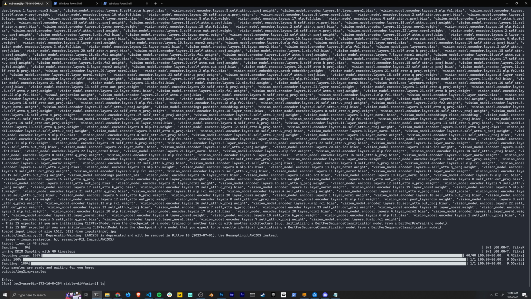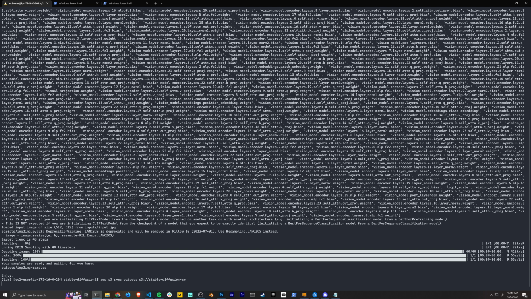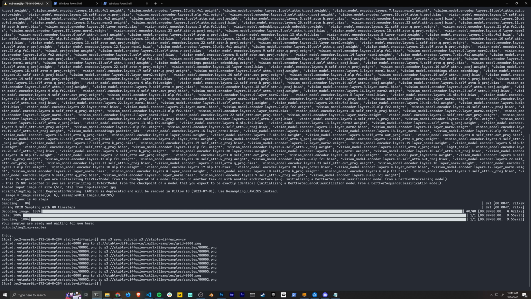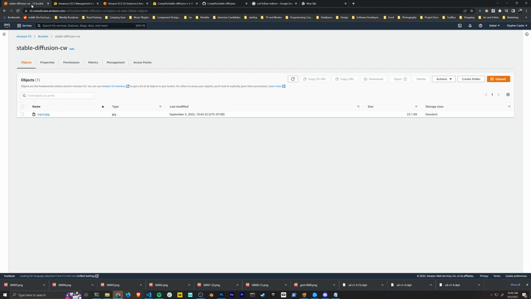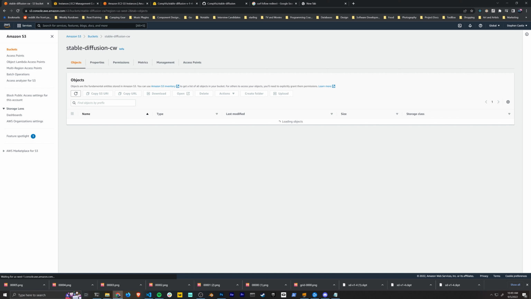Once that's done, we can go find our S3 sync command again to just copy all the contents of the outputs directory back to our S3 bucket. So we'll just run that and that'll get us all of our new files. I'll be back over to S3. And so we can go back into S3 and refresh. We'll see all of our